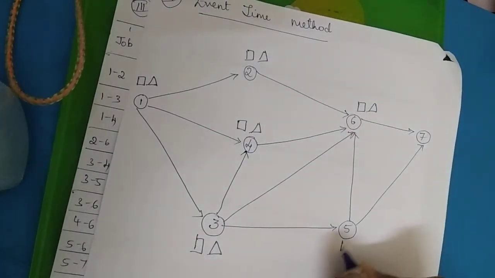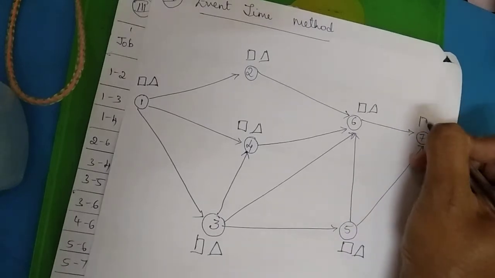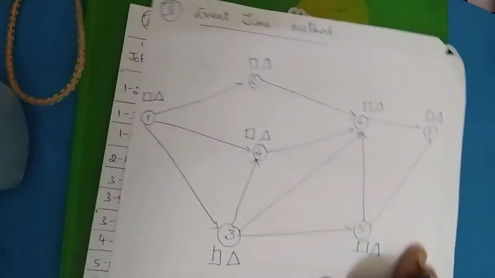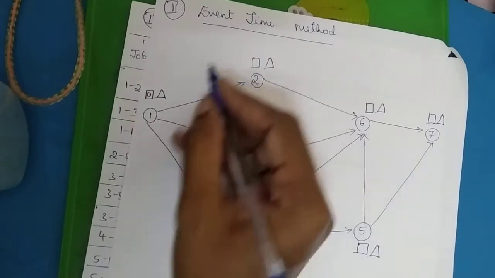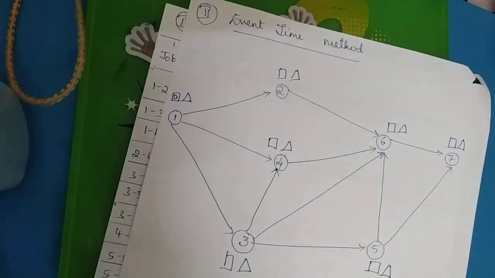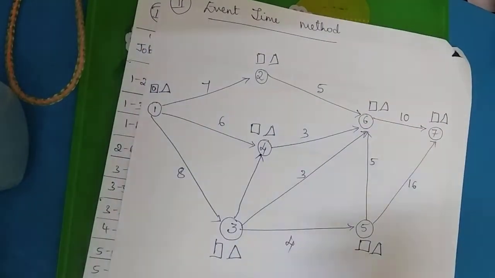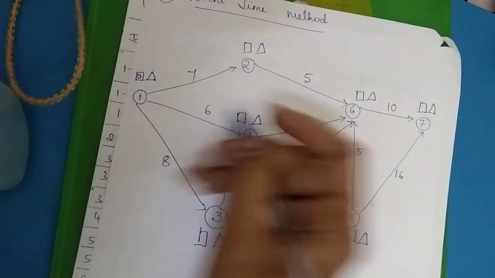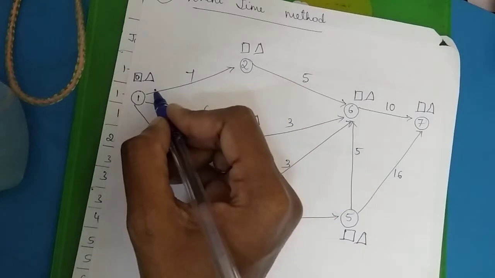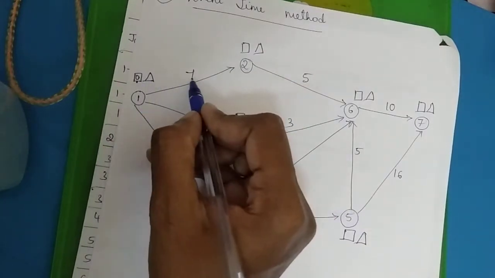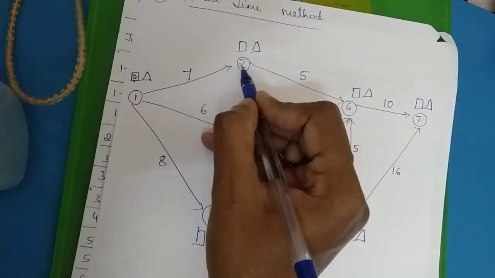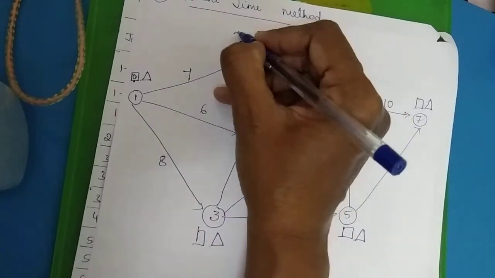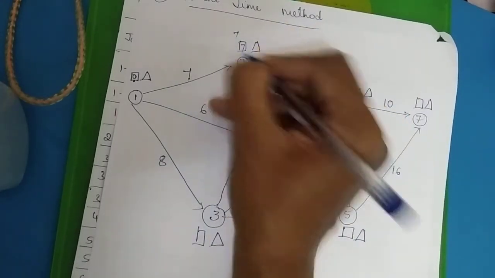So for each of the nodes that we have, we always start with 0. So it's very important that you note down the durations for all the activities. So now let us start with 0. So in the forward pass we go on adding up the duration of the subsequent activities. So here 0 plus 7. There is only one arrow which is directed towards 2. So there is no comparison at all. So I am making a note of 7 here.